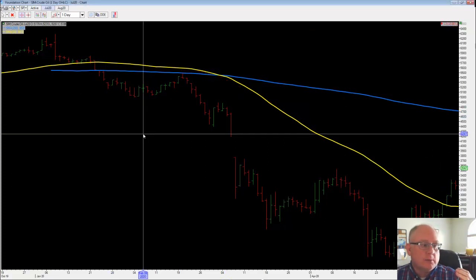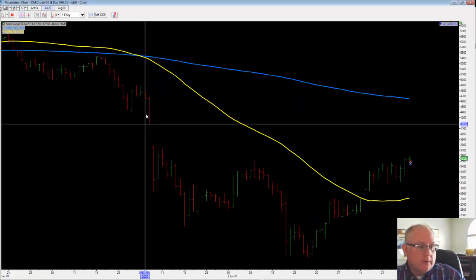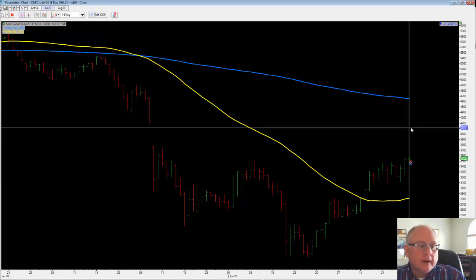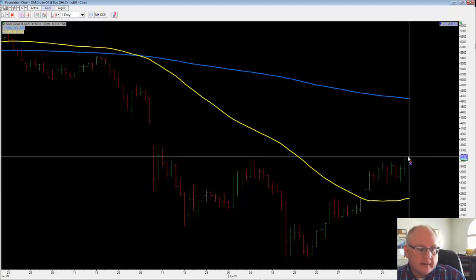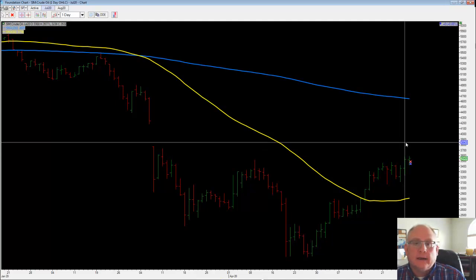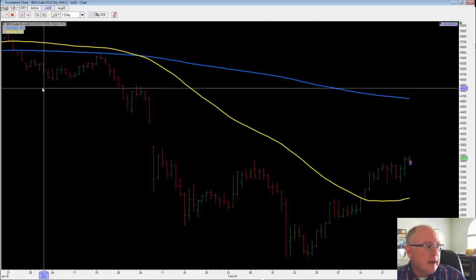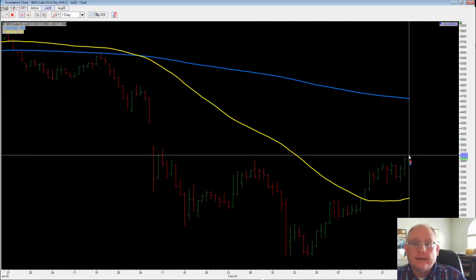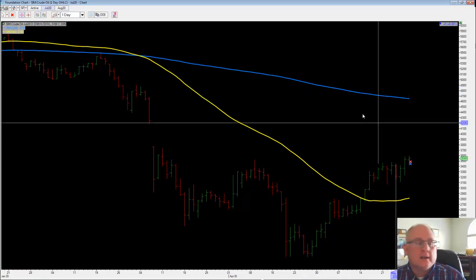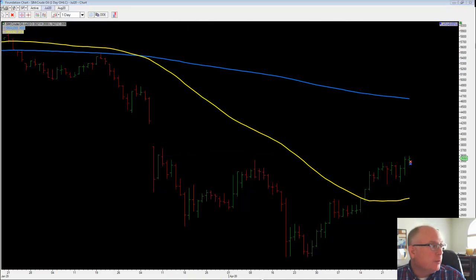So let's move to the current market. If you push your home key, it'll move to current. So this is what the market looked like today. Open, high, low, close, and actually it looks like it's an inside bar. Inside trading bar today on Monday, which, believe it or not, doesn't happen very often, but it does happen. Well, it happens a lot in a congestion period. So what we're looking at at this point,